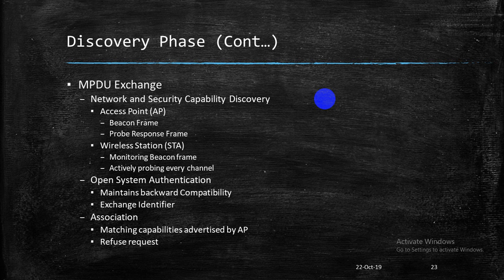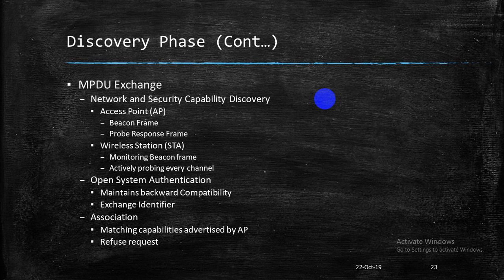And it uses MPDU exchange. MPDU stands for MAC Protocol Data Unit. A station transfers its MAC Protocol Data Unit with the access points, and here the procedure is basically